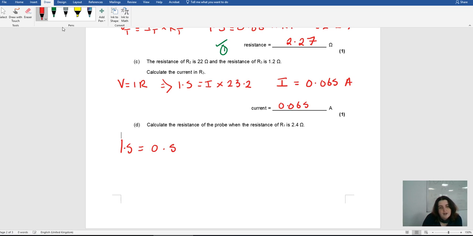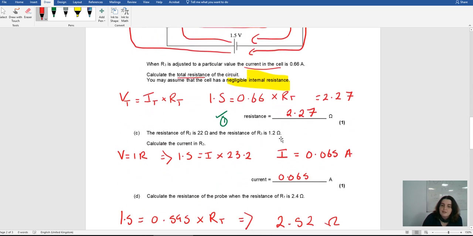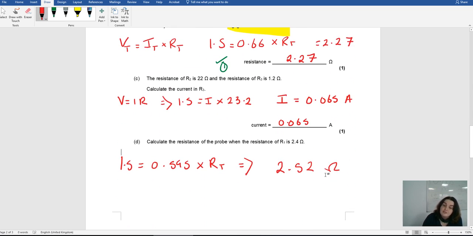So 0.595 times my total resistance. So I know that the total resistance on that section is going to be a total of 2.52 ohms. So if in total the resistance across that branch of R1 and the probe is 2.52, and the resistance of R1 is 2.4, the probe's resistance is going to be 2.52 take away 2.4, which is going to be 0.12